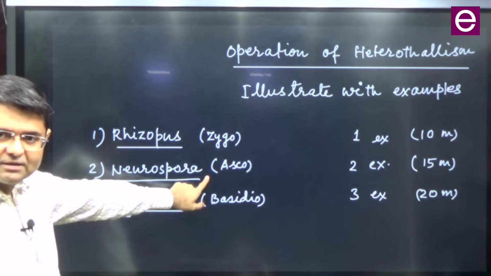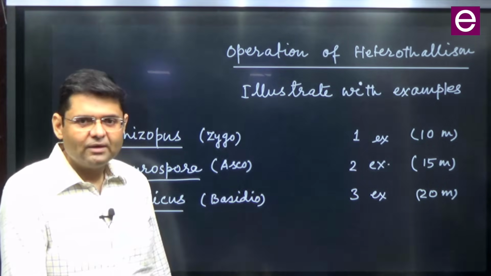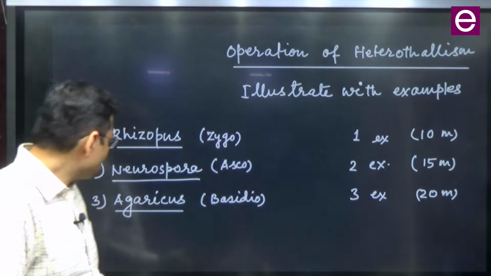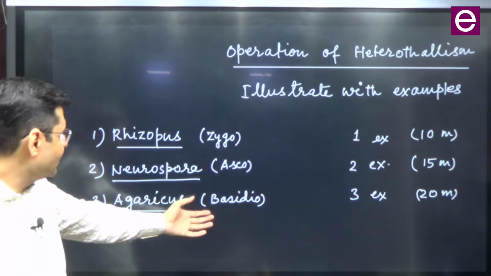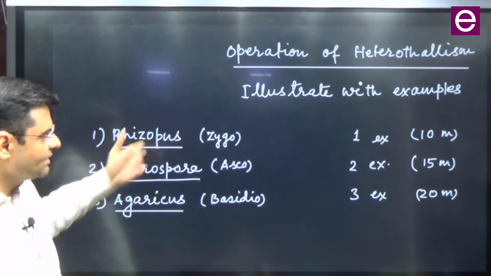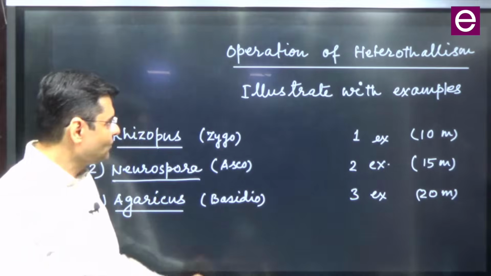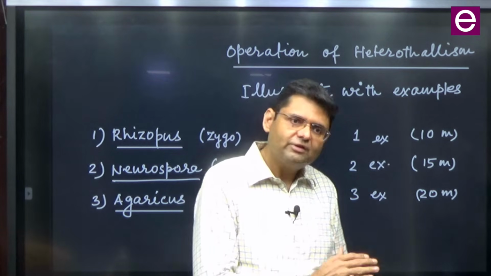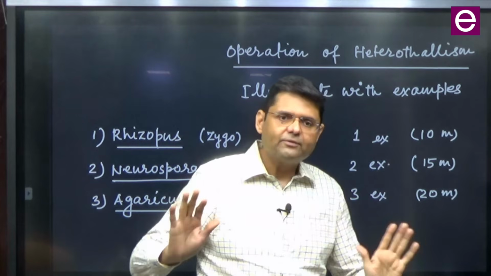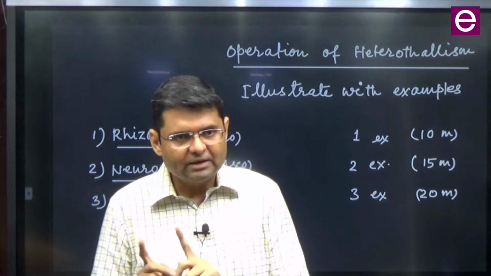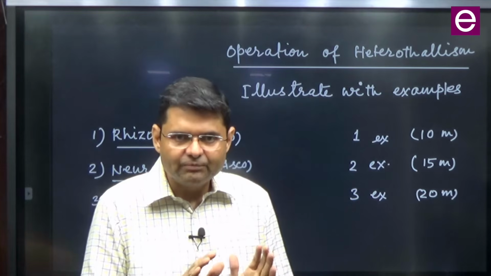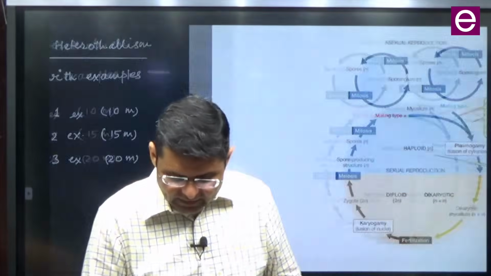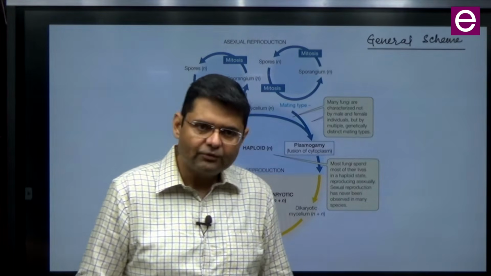आप पेजाइजा भी लिख सकते थे, आप सैक्रोमाइसिस भी लिख सकते थे, बट ये क्या है कि एस्कोमाइकोटा से लेके भर दिया. एक एगैरिकस दिखलाओ या पक्सीनिया दिखलाओ, एक एस्को का मेंबर दिखाओ, एक ये दिखाओ. और हमेशा याद रखना कि 10 मार्क्स में एक ही एग्जांपल, बिकॉज यू विल नीदर हैव टाइम नॉर यू विल हैव स्पेस. वन एग्जांपल इज गुड इनफ फॉर 10 मार्क्स. न्यूरोस्पोरा पे चले जाना. कल मैंने ड्रॉ किया है ना न्यूरोस्पोरा में हेटेरोथैलिज्म प्लस माइनस एंड ऑल दैट, बस उसको ड्रॉ कर देना. So here you have general scheme of heterothallism.